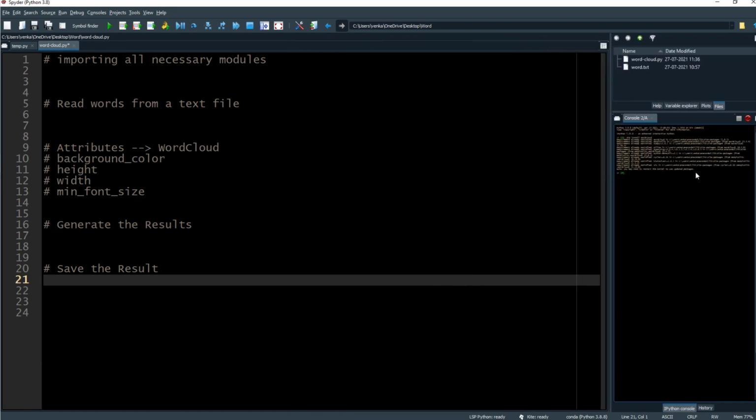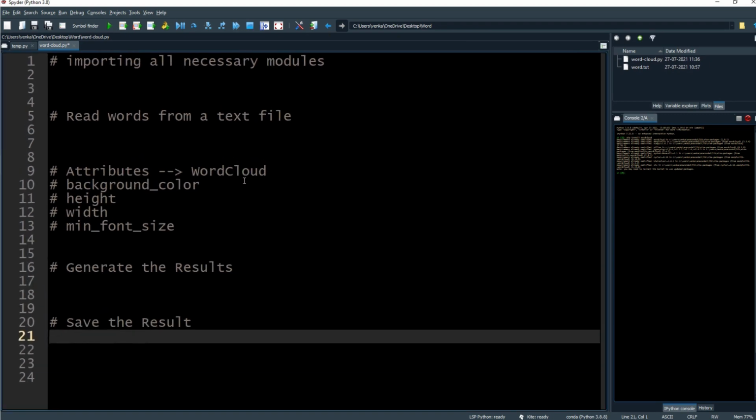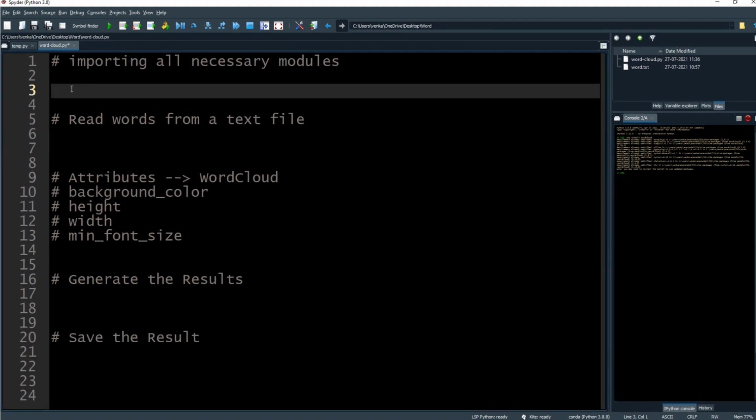Let's move to the code part. First of all, we need to import all the necessary modules. Before importing the modules, you need a text file. The text file contains all the words you are going to build the word cloud with. Let's see how we can build the text file.